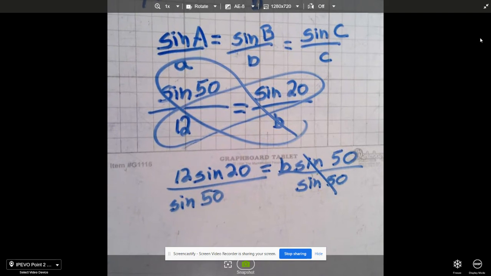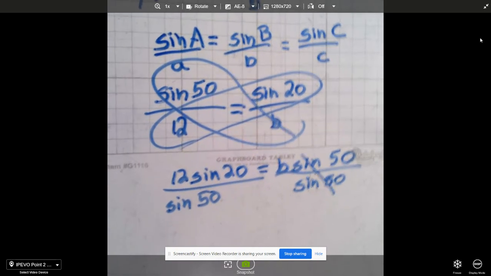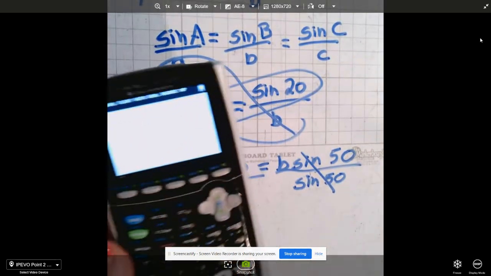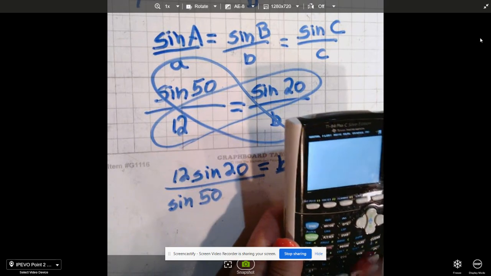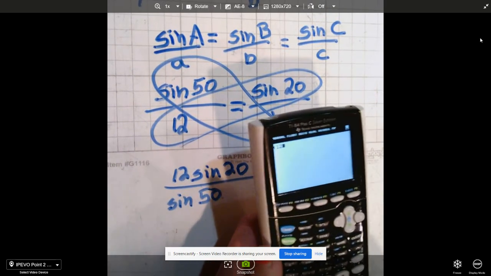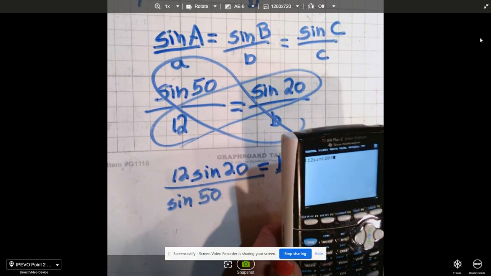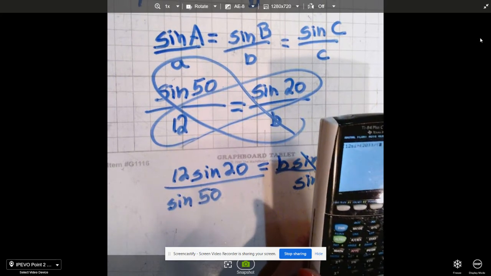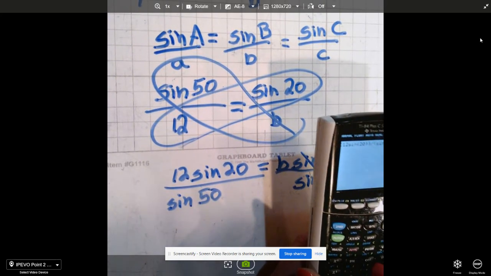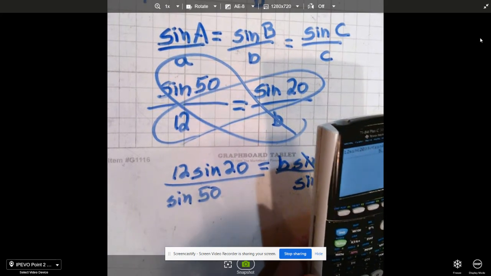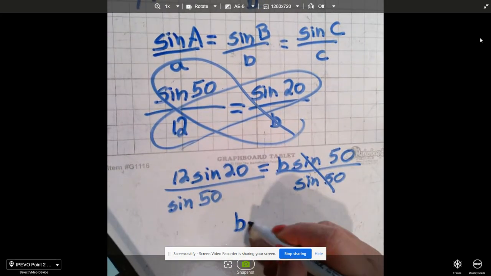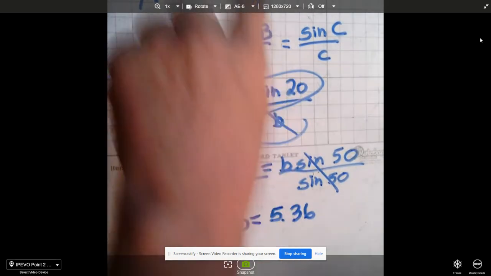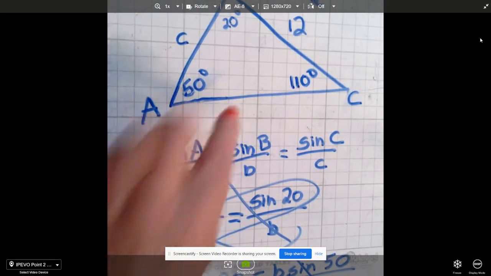And now I can just go to my calculator and just put that in. So let's see if you can see this. I'm going to say, I want parentheses, 12 times the sine of 20 divided by the sine of 50. And I have 5.36. So I know B is 5.36. Right now that I know B up here is 5.36,